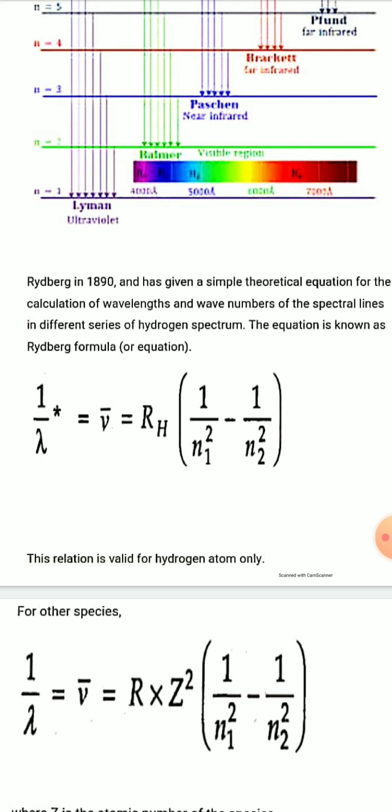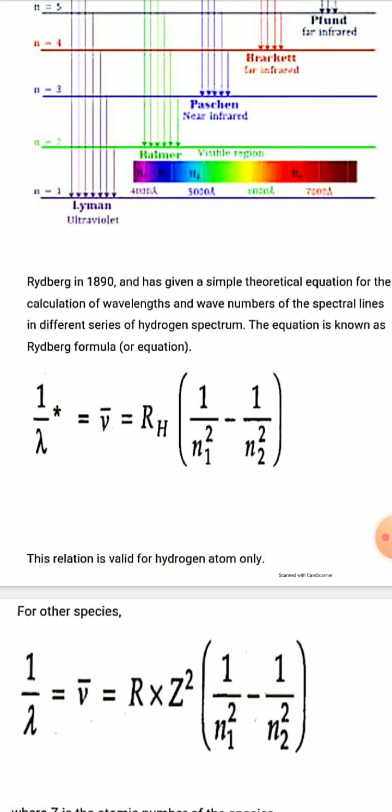So 1 by lambda is equal to nu bar, and nu bar means wave number. Wave number is equal to 1 by lambda. So 1 by lambda is equal to nu bar is equal to RH into 1 by N1 square minus 1 by N2 square,